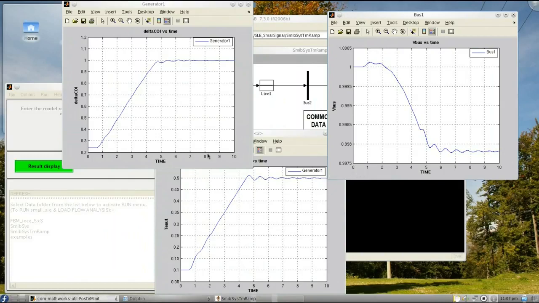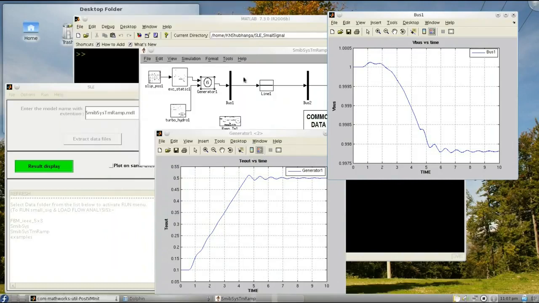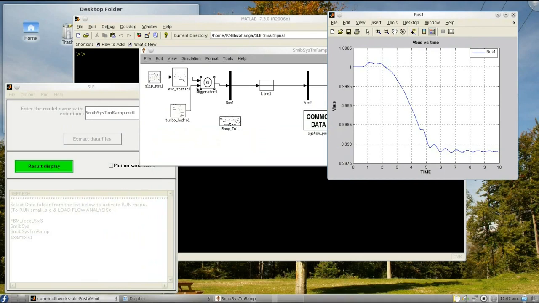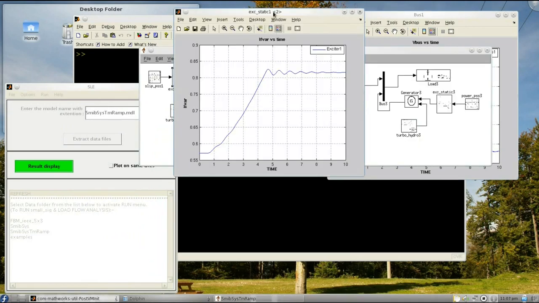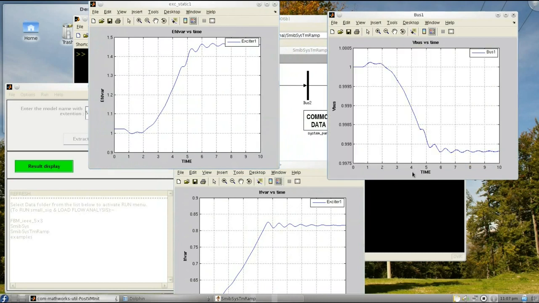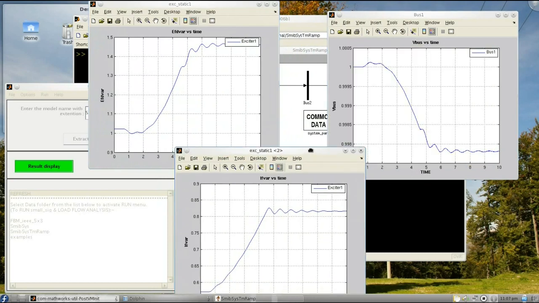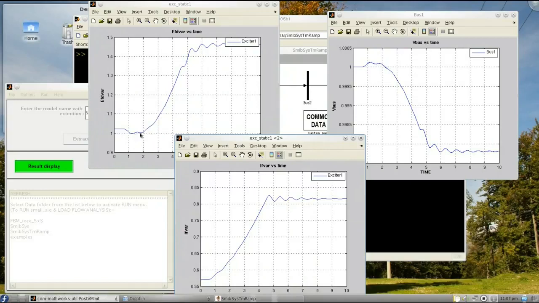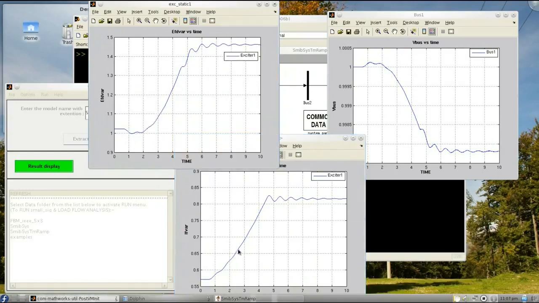So as and when the load goes on changing, the excitation is automatically varied. Again, the terminal voltage is more or less held constant to 1 per unit.